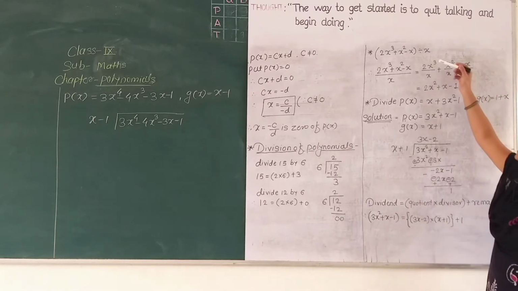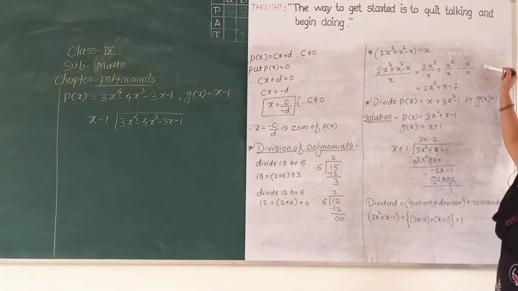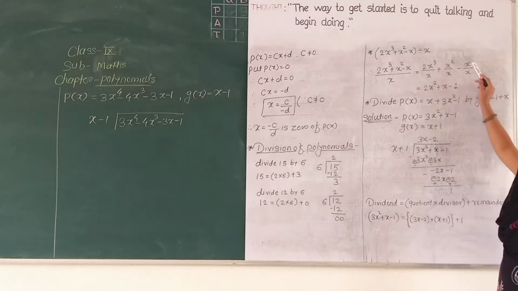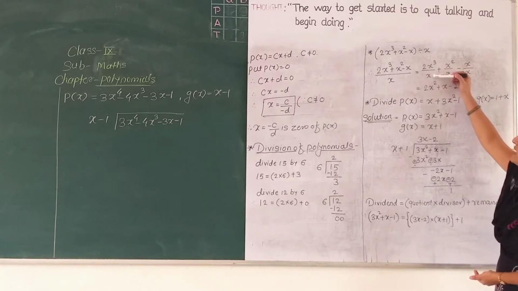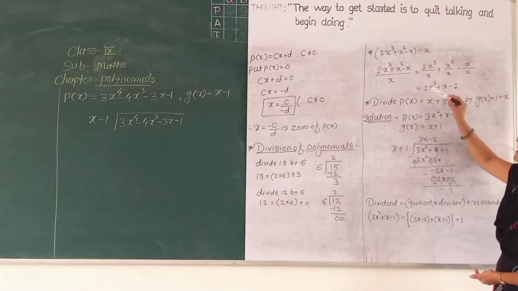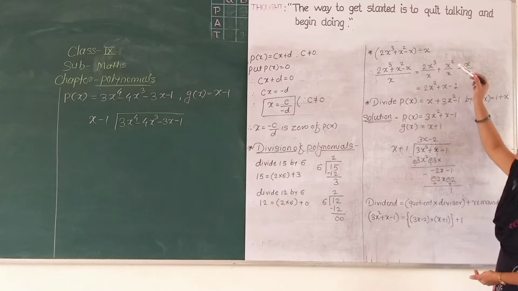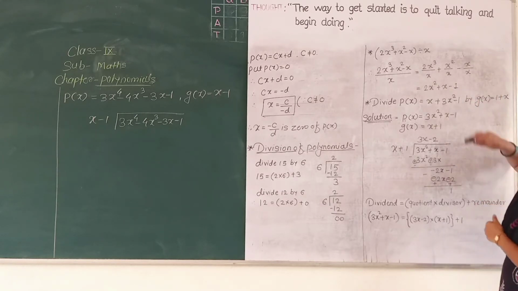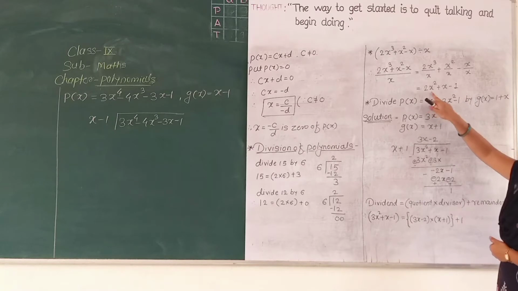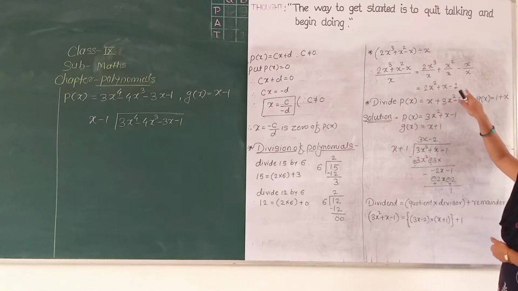Okay, now look here. x is everywhere in the terms. x is the common term which is present in every term. So we can easily divide this polynomial by x. That means here 2x cube upon x, 1x will be cancelled from numerator and denominator, so remains 2x square. From x square and x, 1x is cancelled, so remains only x. And here x and x will cancel, so remains 1. So the answer is 2x square plus x minus 1.